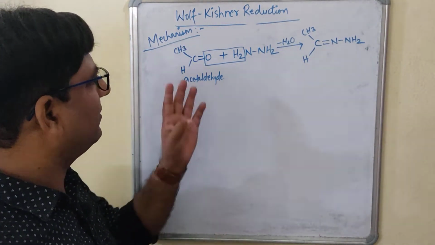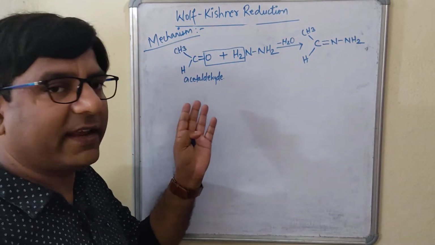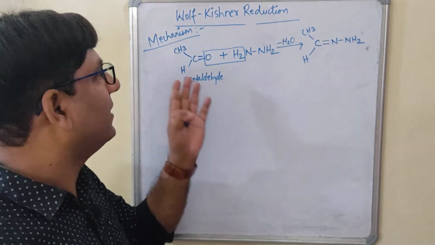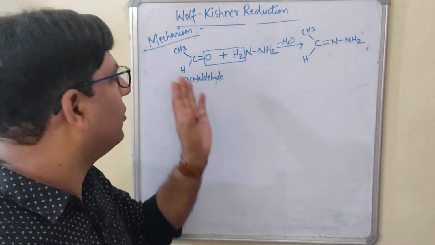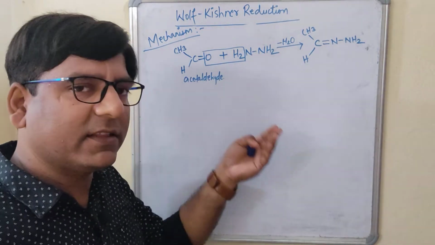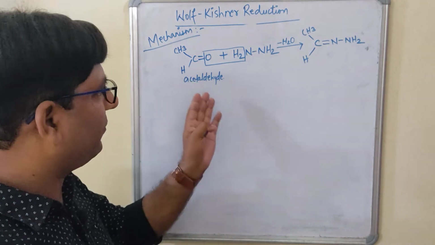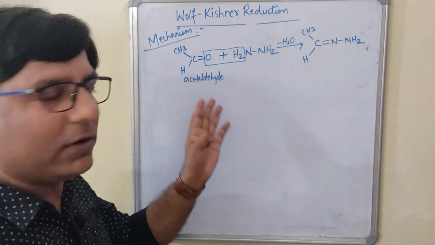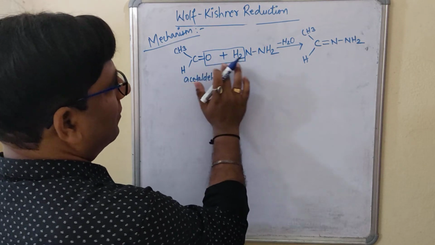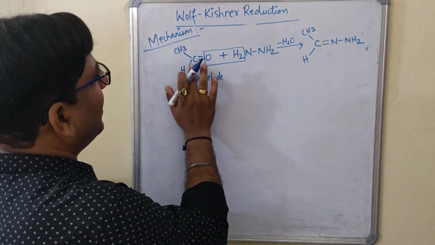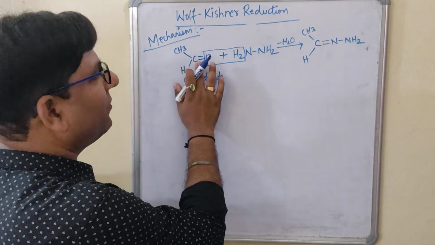See, this type of reaction you will find when you study the reaction of aldehydes and ketones, that they are reacting with the ammonia derivatives with the removal of water molecule. Later on in the video lecture, I will come to that topic also. But for this reaction, I am telling you how it occurs. This O and this H2 will go out as water, and the entire this side and this side will be joined together, and this double bond will be there.